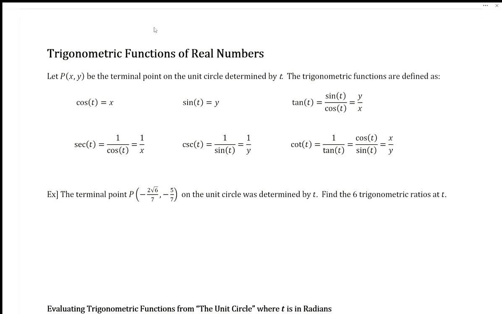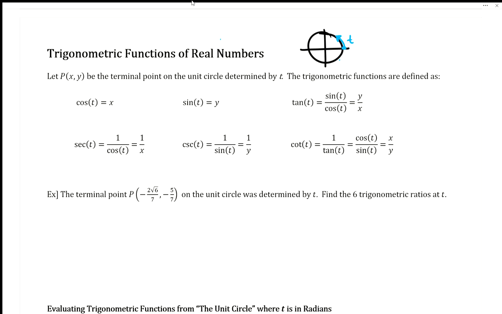Hi everyone, and welcome to our video on the introduction to trigonometric functions. So trigonometric functions are defined based on the unit circle. On our unit circle, let me just squeeze that right up here, just a small one. We know that after a t value goes in, some length around, so there's our t, we get